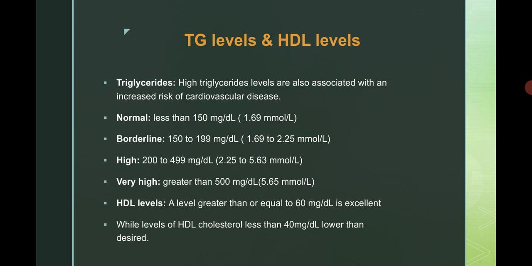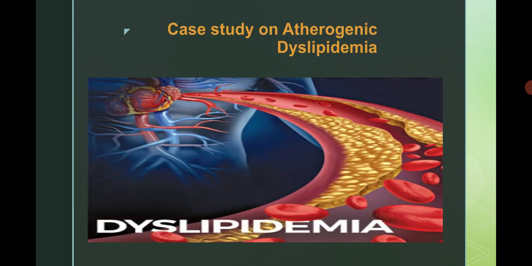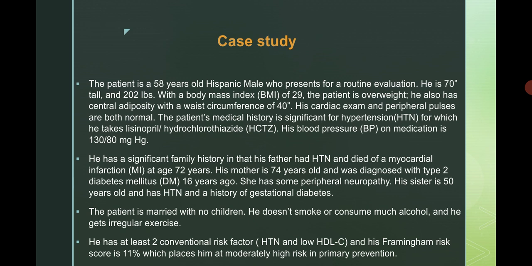Now come to HDL level. A level greater than or equal to 60 mg per dl is excellent, while a level of HDL cholesterol less than 40 mg per dl is lower than desired. Now come to the case study of atherogenic dyslipidemia. Case study. The patient is a